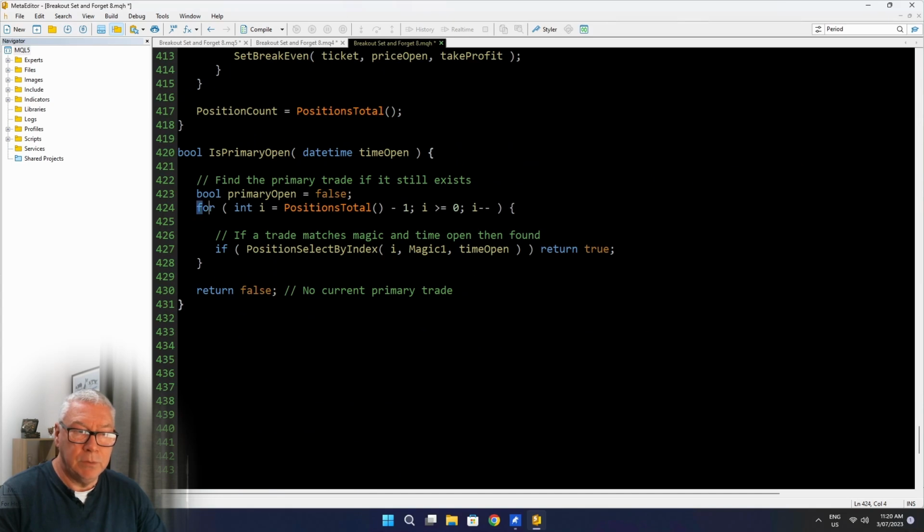And here's where I use my loop for int i equals positions total. It's exactly the same loop, but here I'm calling position select by index i, and this time magic 1, because I'm looking for primary trades, not secondary trades. But I have another argument here, time open. So position select by index simply returns a Boolean. If I'm able to select a trade that has the primary magic number and this time open inside that position select